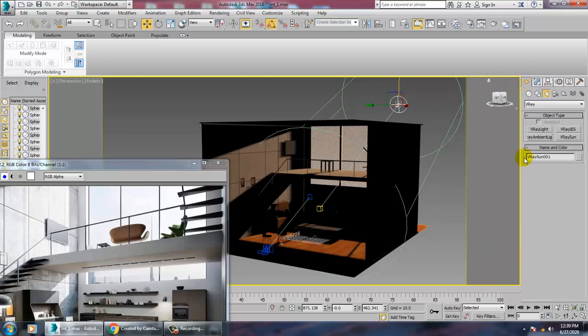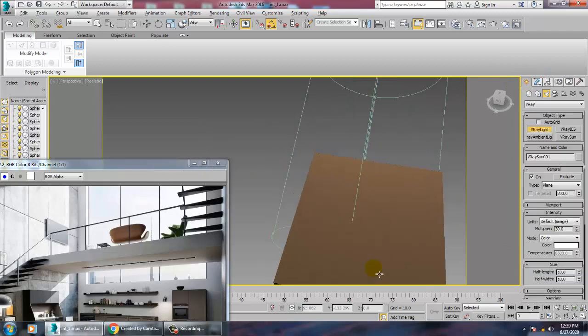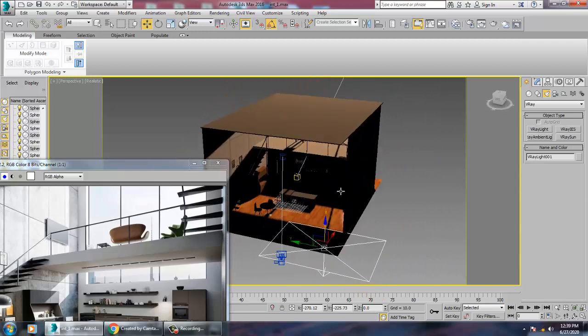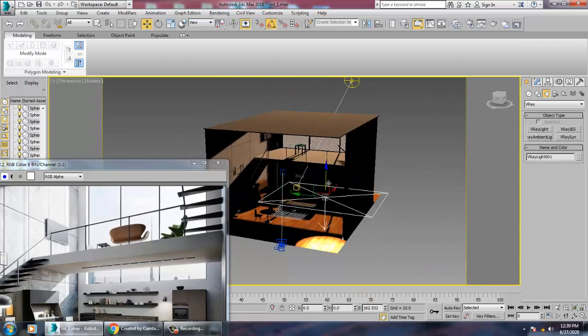Also we are going to assign one more V-Ray light right from this direction.